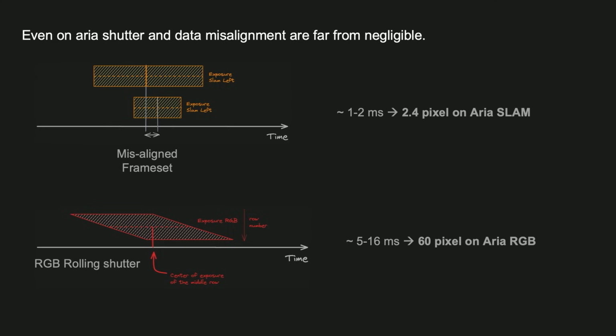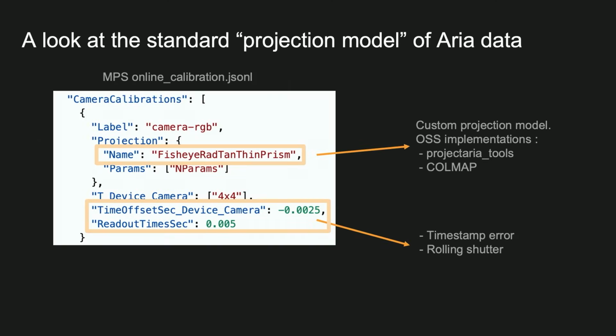The RGB image is also a rolling shutter camera. And here the readout time can be between 5 and 16 milliseconds, depending on your correction, which translates to 60 pixels. That's why when we return the online calibration from the Aria MPS, we have a per frame calibration for the camera. We do return the fisheye, we do return the projection parameters, and we have an open source implementation of our custom projection function, but we also return